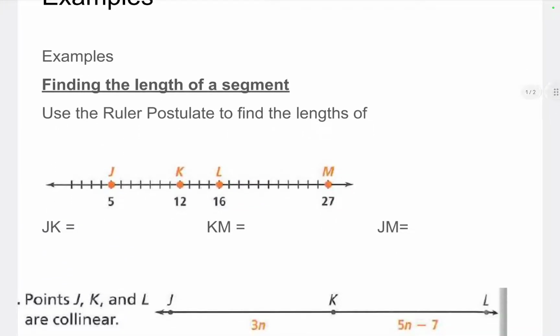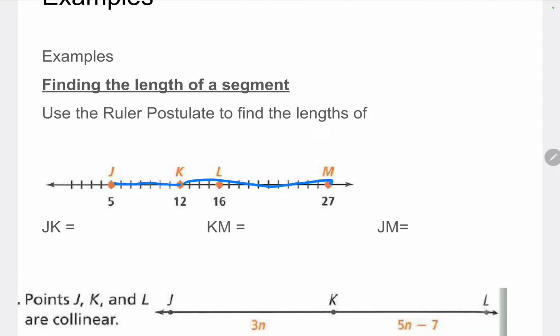And as we can see, we have a number line and there's some integers marked on the number line. We're going to use the ruler postulate, which indicates that each point on a line can be assigned a unique coordinate and that the length between those is described as the absolute value of the distance between the two endpoints of a segment. So we're going to use this to find the lengths of the following segments: JK,